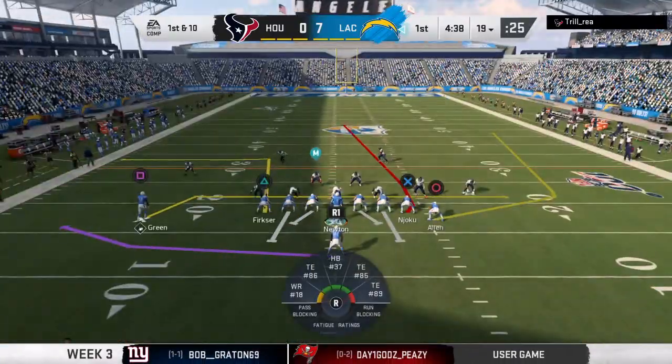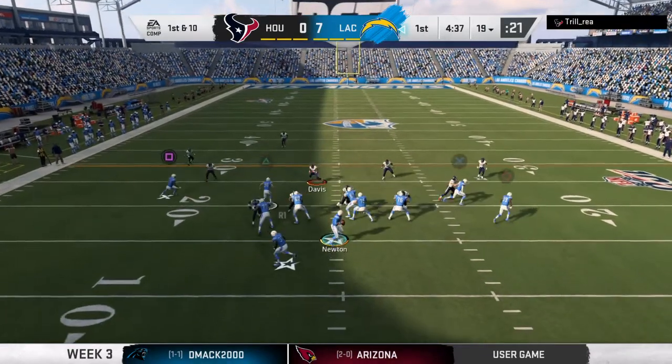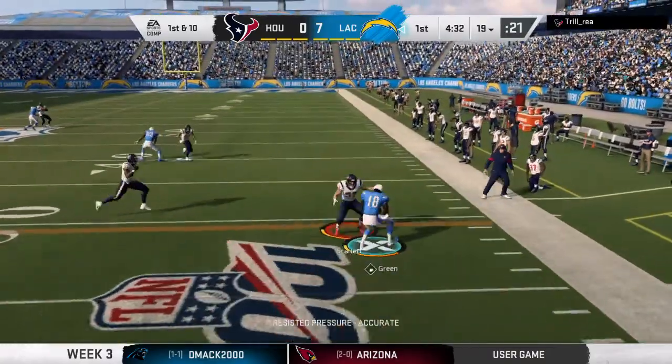The Charger drive about to get going. And certainly they'll be hoping to hit pay dirt like they did on the last drive. Got the football back, so a chance to go up 2 scores. And they haven't been tentative at all in this ball game